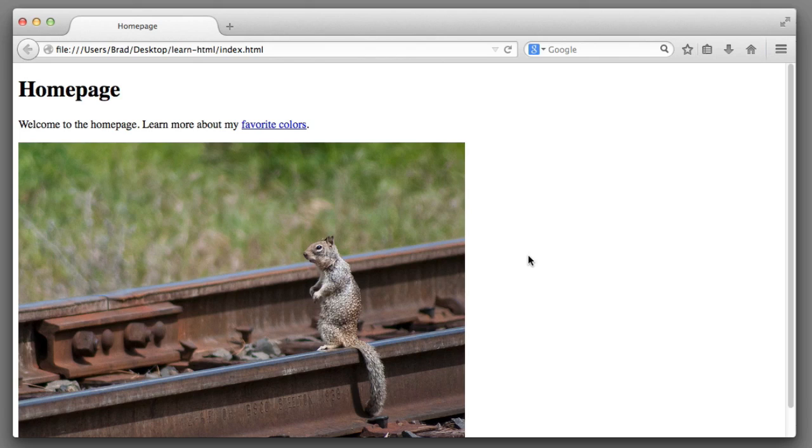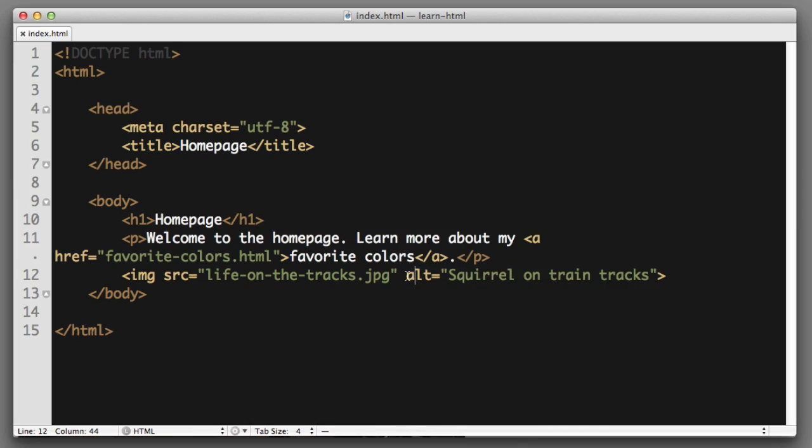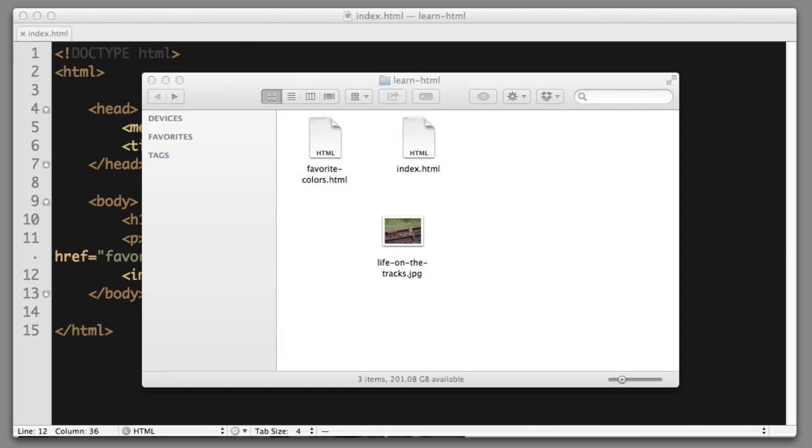But if for some reason the image fails to load, certain web browsers will display the alt text, or like I mentioned before, if someone's using a screen reading piece of software, it will correctly read that description. In other words, there's no reason to not include an alt attribute for your image. It makes your web pages far more accessible. So we have reviewed the alt attribute and we have reviewed the source attribute. Before we close out this lesson, there's one more thing that I want to discuss, and that is keeping your